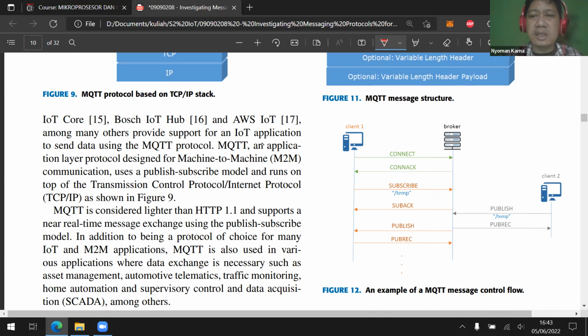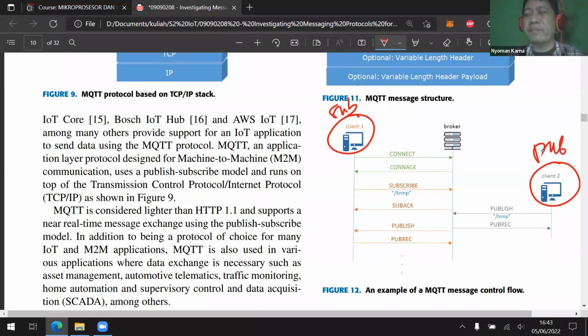So this is the data producer, the one who produces the data, in this case the IoT device. Oh, sorry, it's the other way around because it's subscribed. So this one is the subscriber. This one is the publisher. So this is the IoT device, the one who sends the data. It is going to publish to the broker.